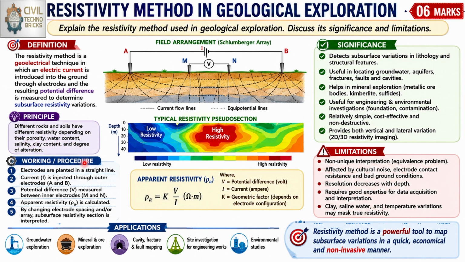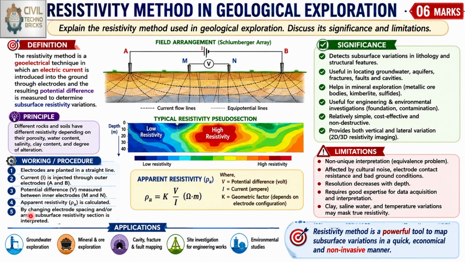So what is the working procedure for the resistivity method? There are 5 stages. Electrodes are planted in a straight line, A and B likewise. Current is injected through the outer electrodes A and B. Then the potential difference is measured between the inner electrodes, that is M and N. A and B are the outer electrodes used for giving the current, while M and N are used for measuring the potential